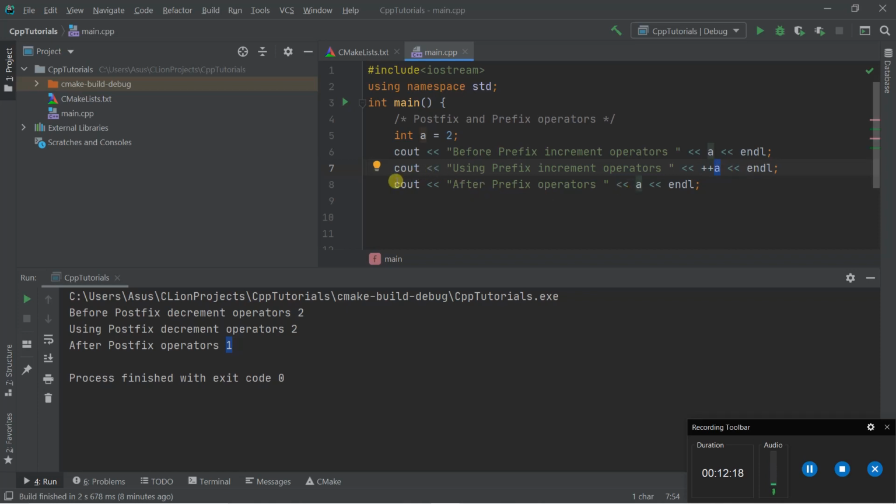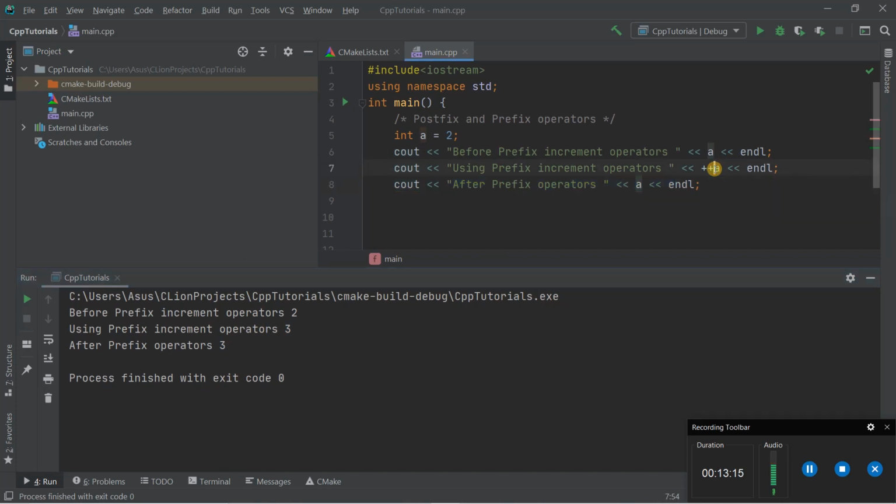And here I have printed the value of a after performing this operation. So let's run the program. Here the initial value is printed, and in the next line, the value is increased by 1 first. So it will convert into 3, and after converting, it will print the value. So 3 is printed here, and here also 3 is printed.